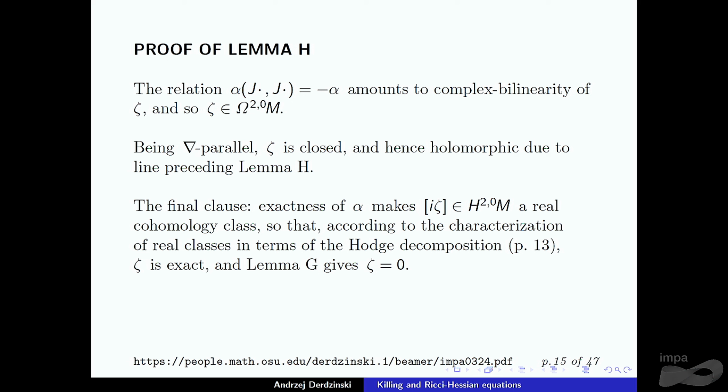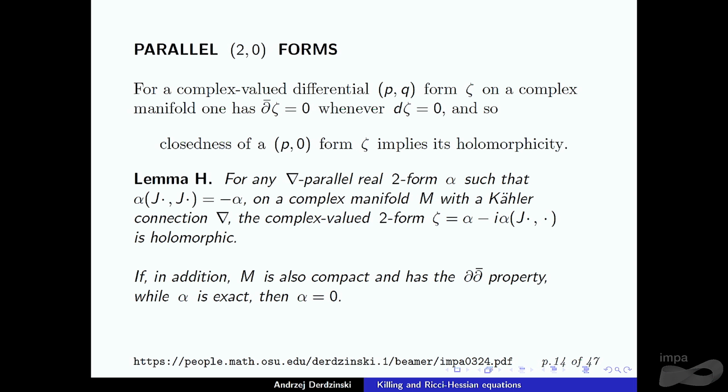Now, because alpha is exact, if you look at the zeta, having the real part alpha, and if you multiply by I, you get your alpha. In other words, due to exactness of zeta, I zeta is a real form. Let me say it again. Our zeta is exact. If you multiply zeta by I,